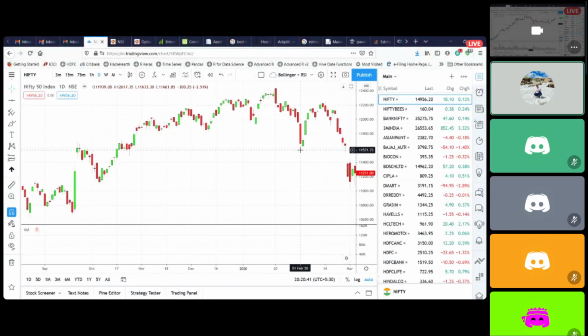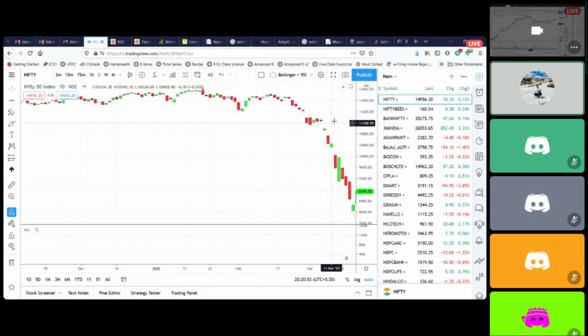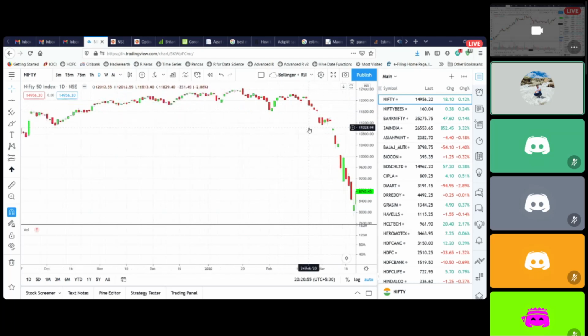And then here it made a new low, which is below this swing low. Then it went on to make a lower high. So this lower high, and then it again broke this swing low also. So at this point itself, it was a confirmation that the immediate bullish trend is gone away, because it has made a lower high and a lower low. A lower high, lower low is what tells you that the bullish trend has come to an end.